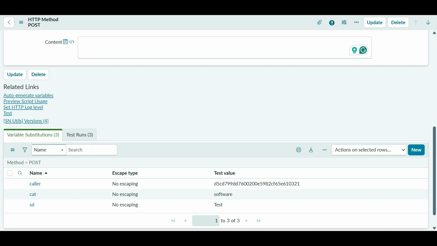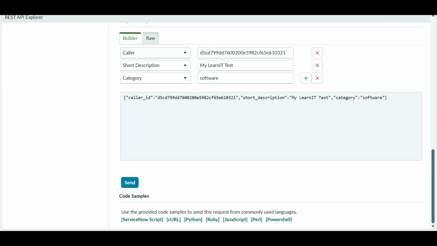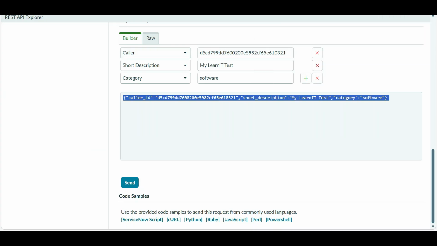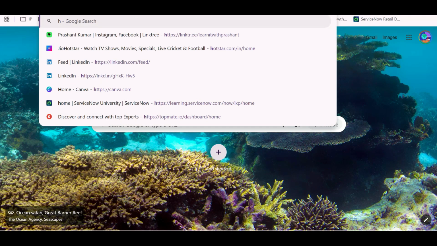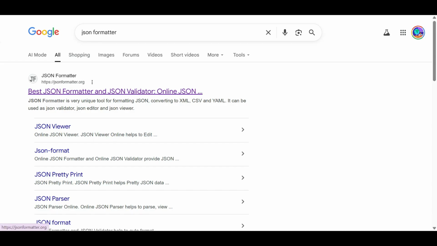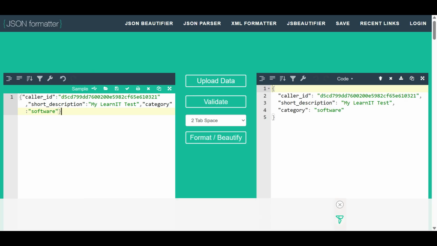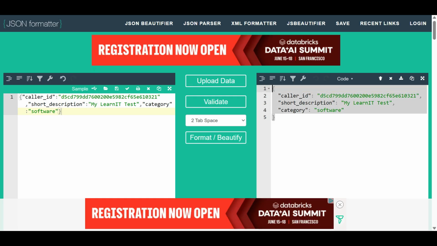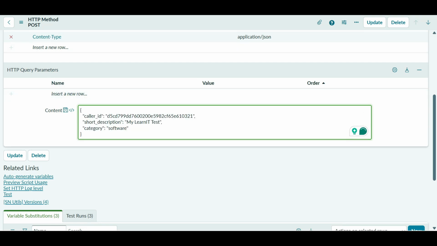Okay, so we will add it back again. We didn't copy. Control C, Control V. Now we will format it again, JSON formatter. Because why I am doing some of the mistakes, if you will find, because whenever you implement in your system, you will get to know what could be missed. Okay,